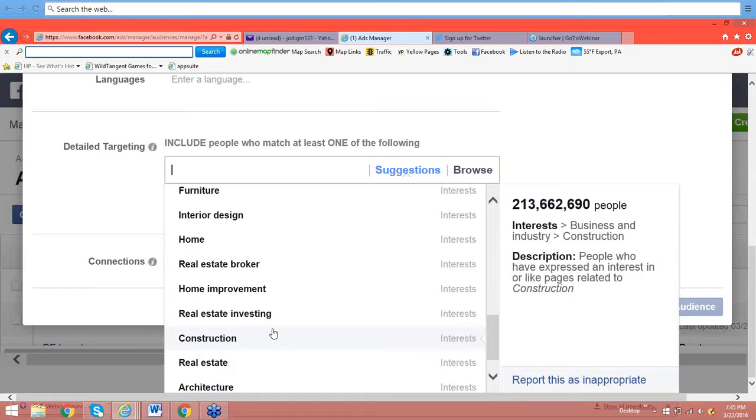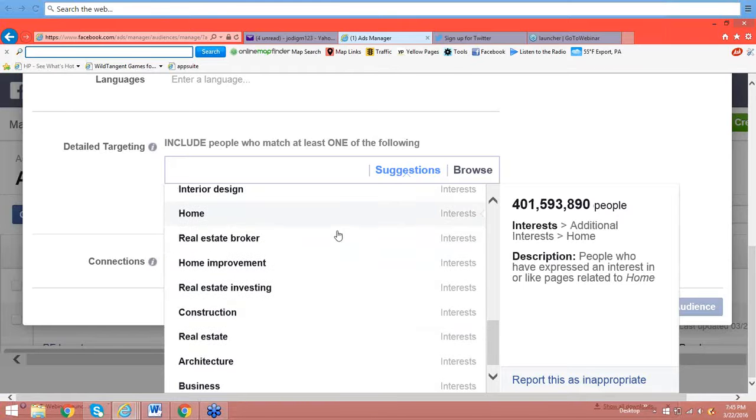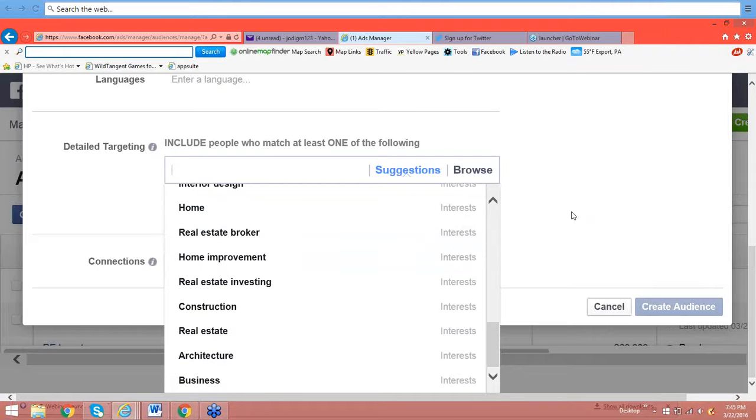Or maybe you want to keep it a little slimmer. Maybe you only want to keep your number below 5,000 to see what type of response you get from that. And once you're all finished, down to the right-hand side, you can go ahead and hit create audience, and there you go. And you have another audience.